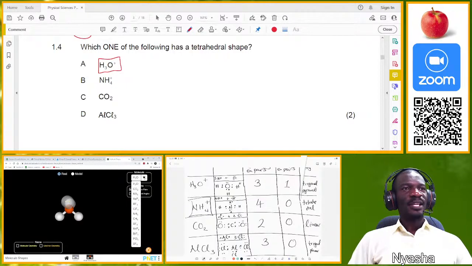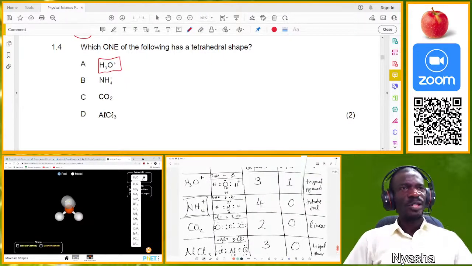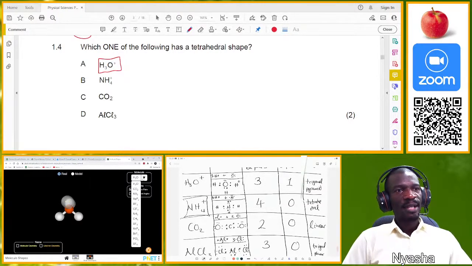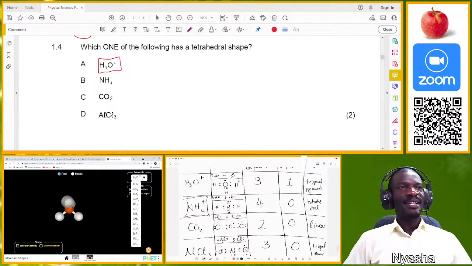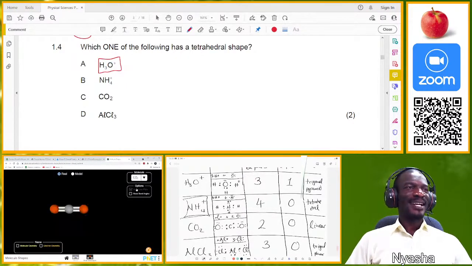Okay, so there are some molecules here. Let's see one which fits what we have. Do we have hydronium? No, we don't. Do we have NH4 plus? No, we don't. Do we have carbon dioxide? Yes, we have carbon dioxide. There we are. So electron geometry and molecular geometry are just showing us that this is our carbon dioxide molecule,